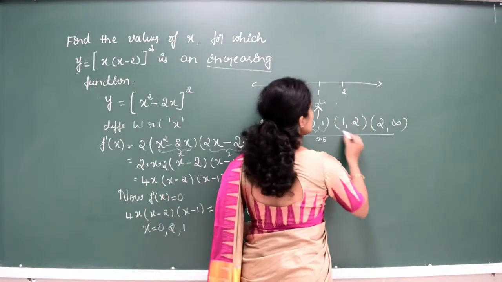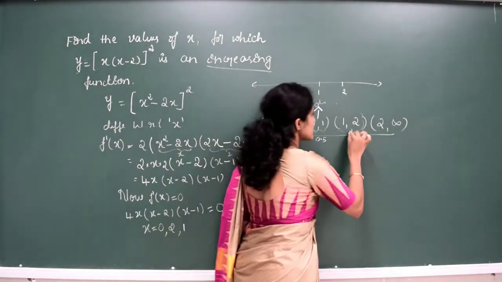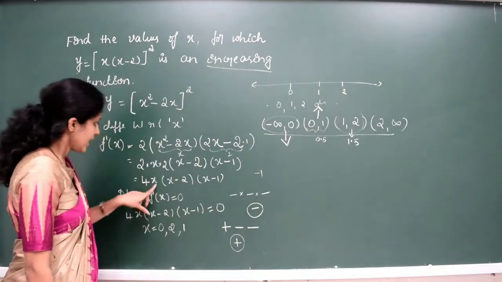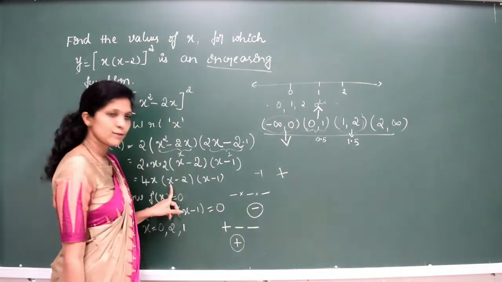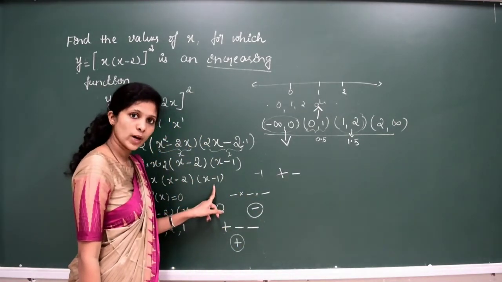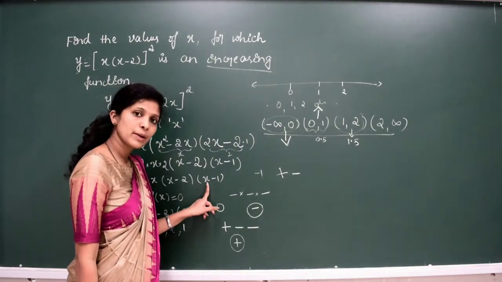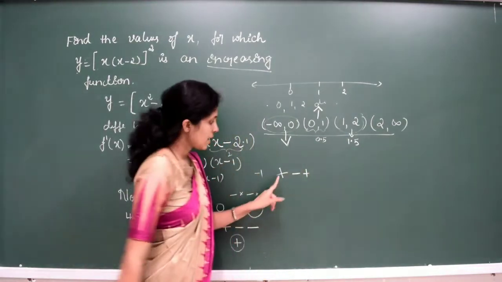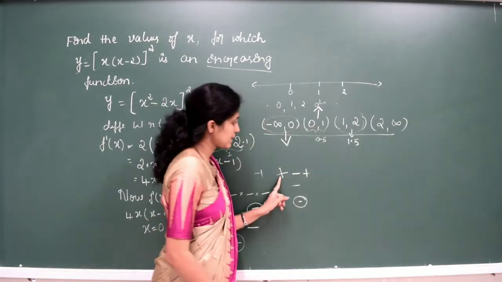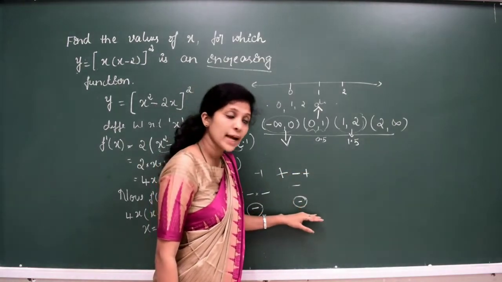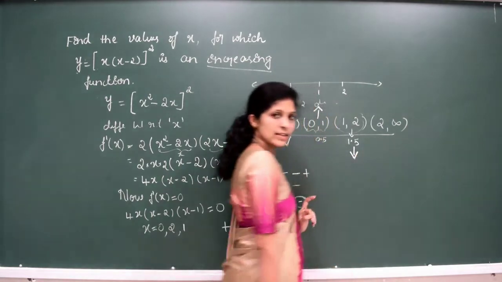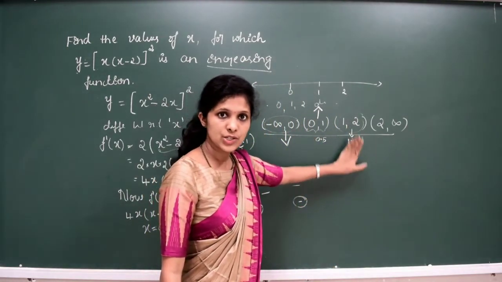Now we will check with 1 to 2. 1 to 2 means there are many values. We will check with 1.5. Is it clear? In between, 1.5 is there. Here x is positive and 1.5 minus 2 will be negative. This is 1.5 minus 1, so 1.5 is bigger than that, so 1.5 minus 1 will be plus. Now plus into minus will be minus, minus into plus will be minus. Is it clear? So we will get plus, minus and plus, so it will be equal to minus. So the function in the interval 1 to 2 is decreasing.